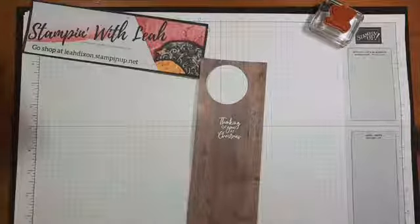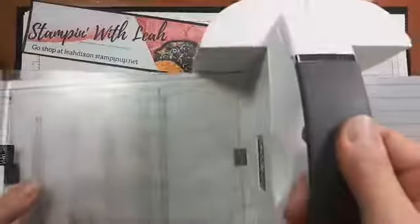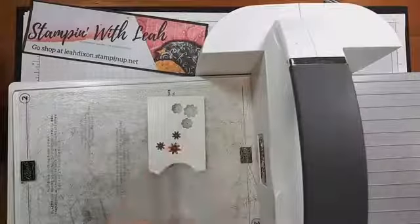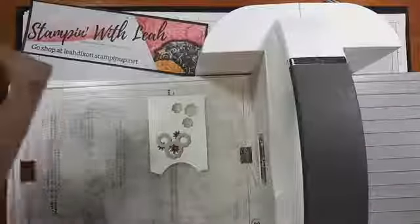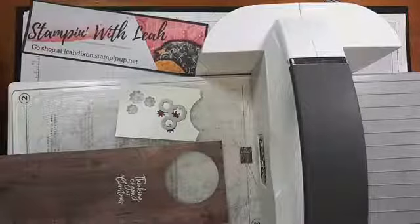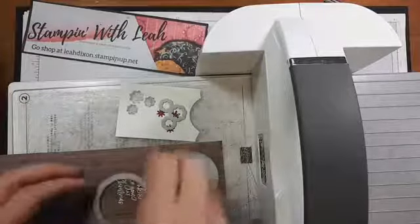So with that done, we are going to get our cut and emboss machine, and I'm going to cut that out. So I'm going to bring this in. I've got all my layers here, and I'm going to do 2 cuts at once. I'm going to grab that, and I'm going to get the little flower die. Little flower die out of there, and I'm going to cut those, and then I'm going to cut our sentiment at the same time, and I'm going to use the second smallest, so third, there's 4 of them, and it's the third one in. I'm going to use that one